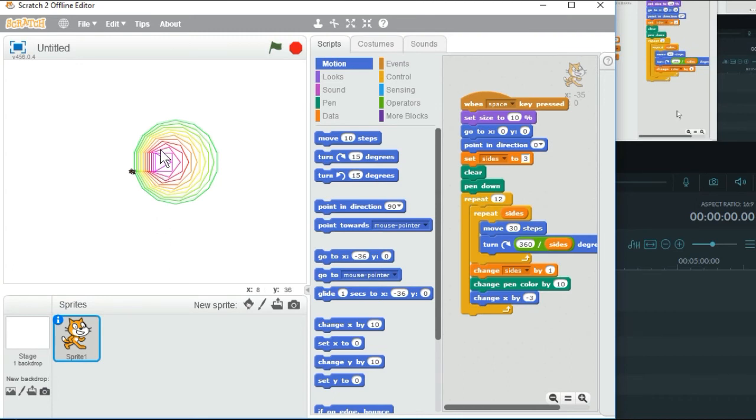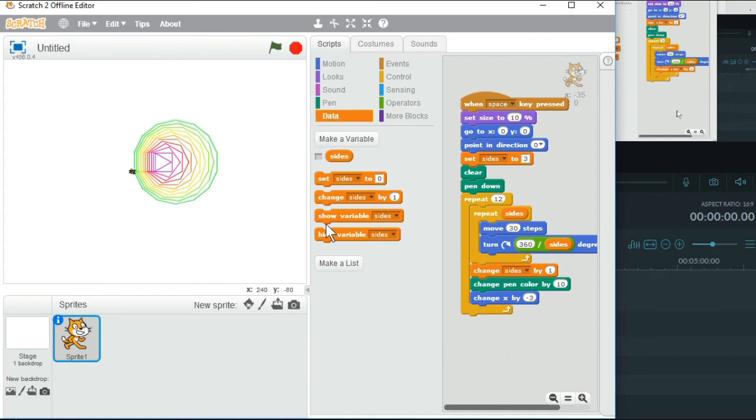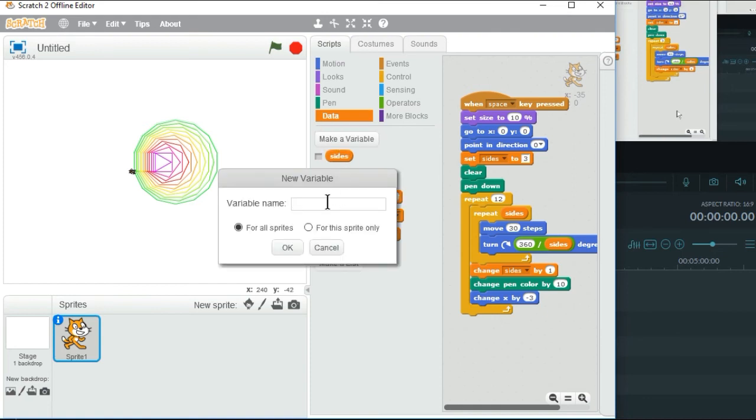It turns out that each of my polygons has the same size of sides. If I increase the sides, each of these polygons can get bigger and give us more room. So I'm going to actually change the sides by adding more steps. And to do that, I'll use data, and I'll click on change sides by, wait, there's no steps. Well, it turns out that can really fool you if you don't remember that you have to make a new variable. I'll click make new variable, and I'll type in steps,